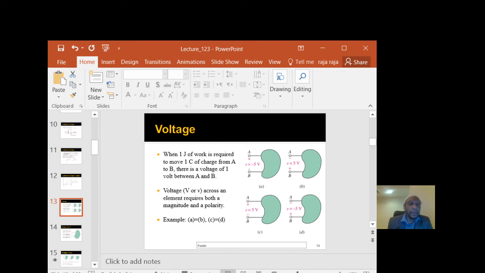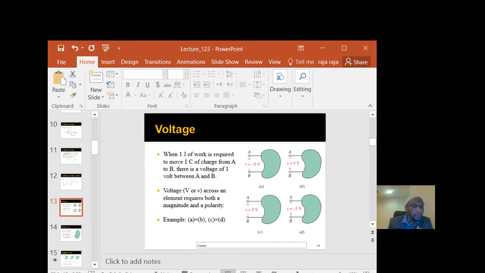So now the magnitude of the voltage of figure A is minus 5 volt, and terminal A is the positive and terminal B is the negative. At the same time, if we go to figure B, terminal A is negative and terminal B is positive, the opposite, but the magnitude of the voltage is plus 5 volt. So this is minus 5 volt, this is plus 5 volt, and the sign of the terminals also changes. So now you compare these two figures.